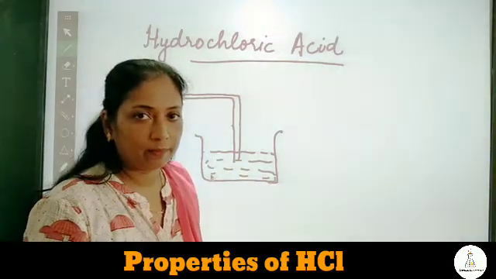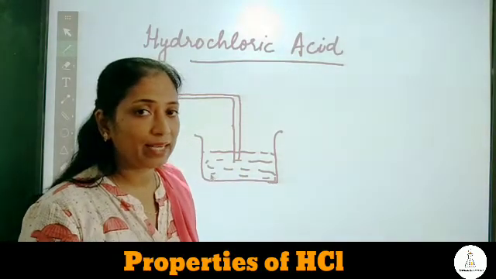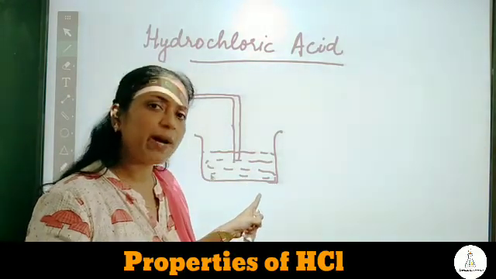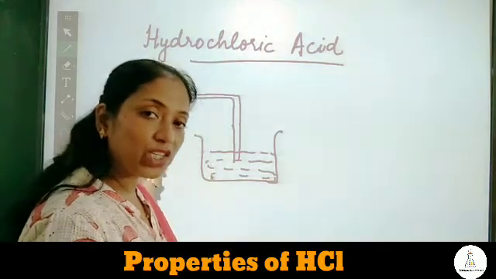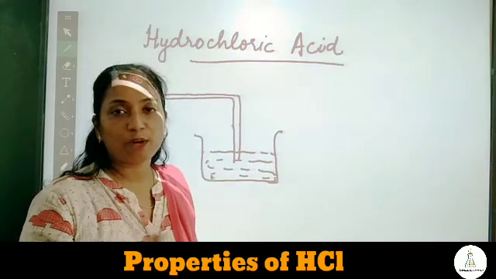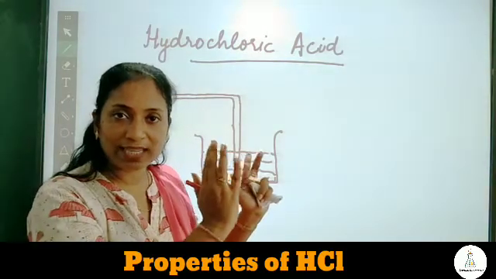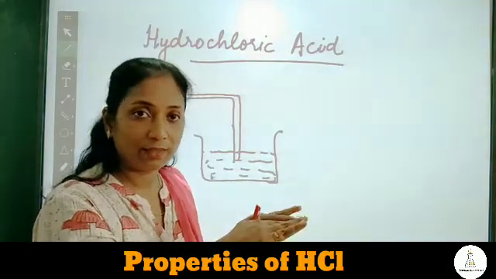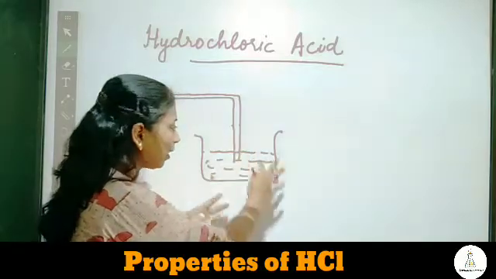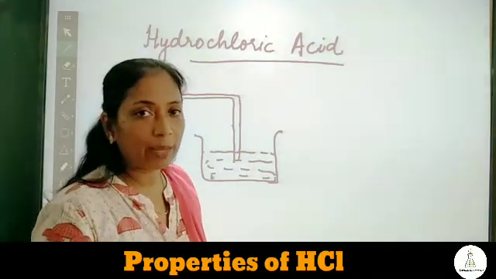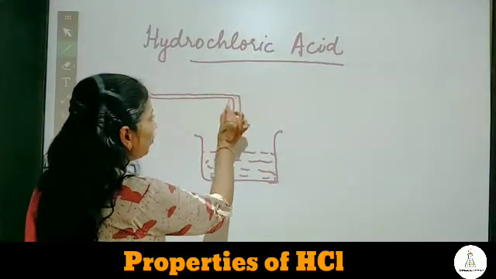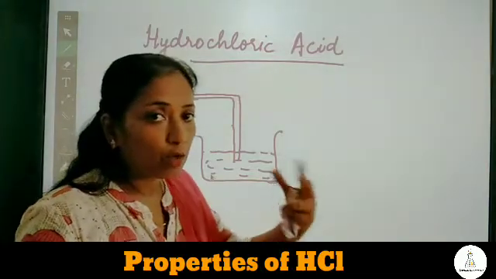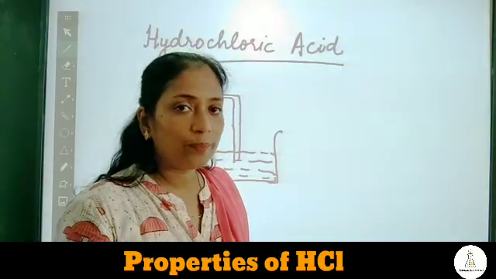But here there is one problem. What is the problem? The problem is that the rate of absorption of HCl gas in water is much higher than the rate of production of HCl gas in the round bottom flask. In the round bottom flask, HCl is being produced at a lower speed, and here HCl comes and quickly dissolves in water. Then what happens? A partial vacuum will be created in the delivery tube and maybe even inside the round bottom flask.